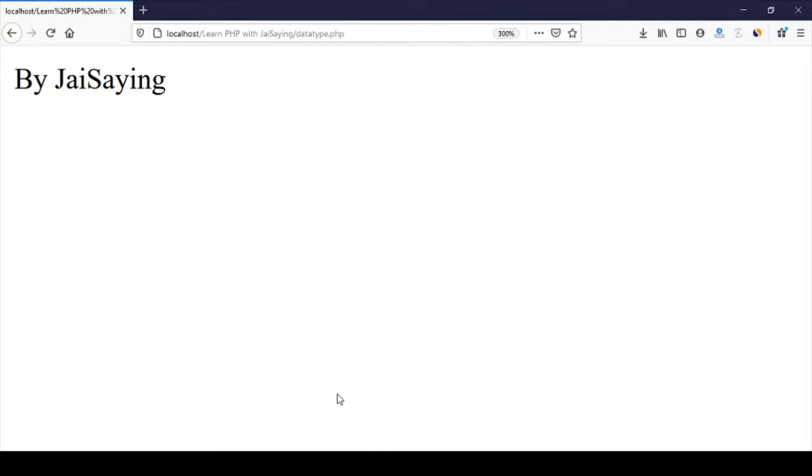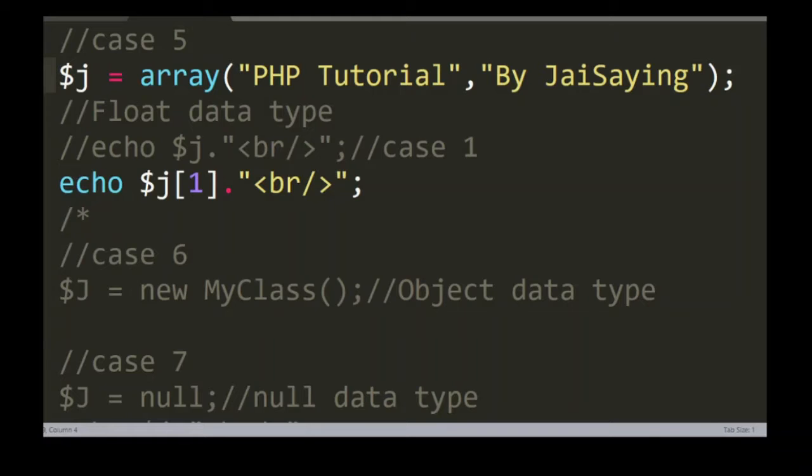Because we have used index 1, and an array always starts with index 0. In index 0 the value is PHP tutorial, and in index 1 the value is Y Saying. So we can display the index 1 value.